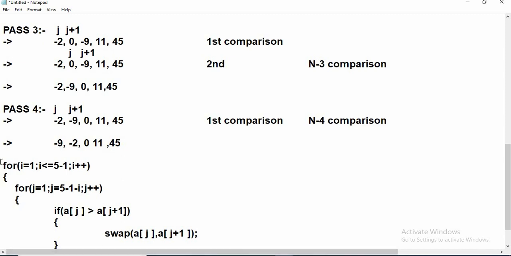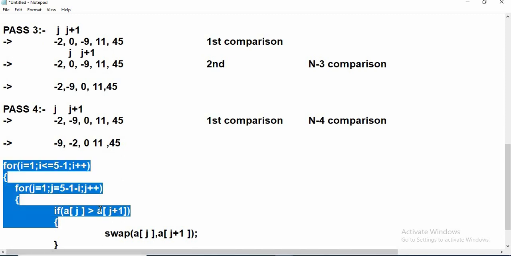Here you can see we have 2 for loops. So let me explain this one.